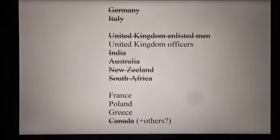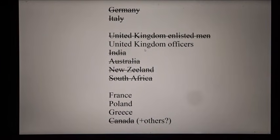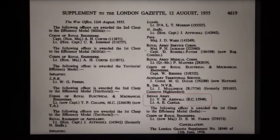So now we've eliminated pretty much everything. The one thing left over is British officers, and like I said earlier, British service records still are not public yet, so I didn't really know what to do about that. And then some people on the internet kindly told me that you can look in the London Gazette for people who are mentioned in it, so officers and stuff. They have a website that's not very practical to use, but I did